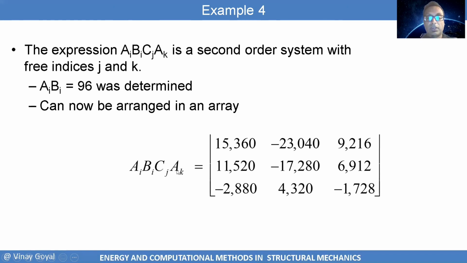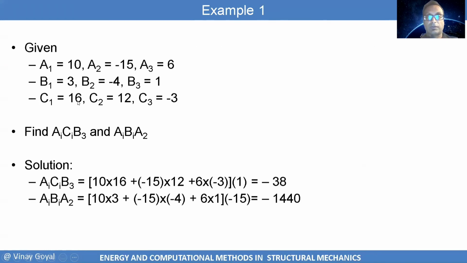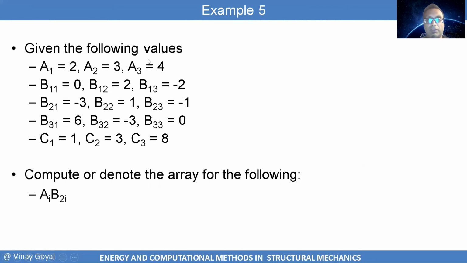C1 A1, so that's this term, C1 A2, which is this term, and so forth. I'll just put it in matrix format with the 96 times whatever these terms are. So again, this term here, A_i B_i, is 96. I calculated that earlier. And then this term here is C1 A1. So I know C1 and A1 from what was given to us here. C1 is 16 and A1 is 10. So that's 160, and times 96, you will get this term. Given the values of this, I have a bunch of values given to us,